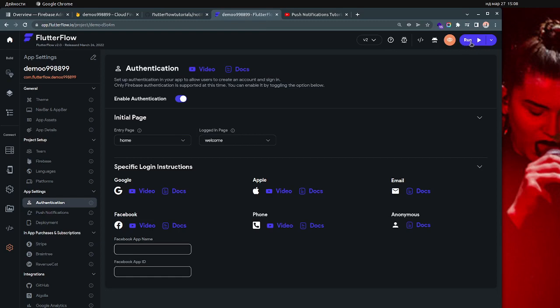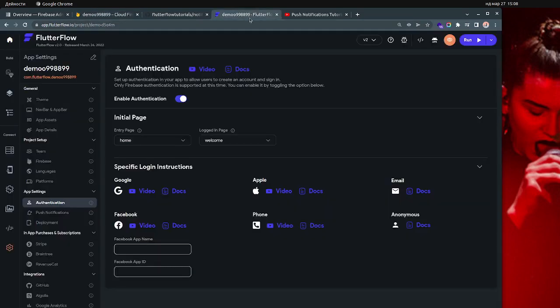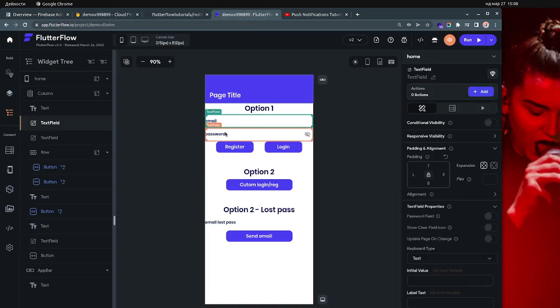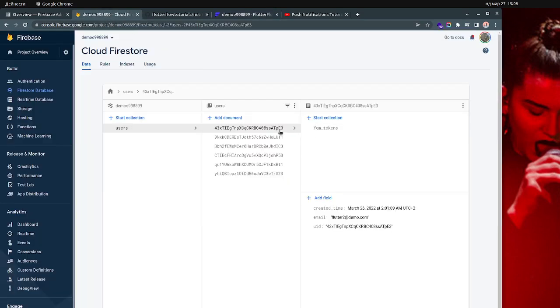If you're using the run mode over here, it will not work. In order to work, you have to test it, or a user has to go into your application from a phone. It doesn't matter if it's Android or iOS, and just register a new user from your sign in form. So from here, for example, just write your email and password, click register,